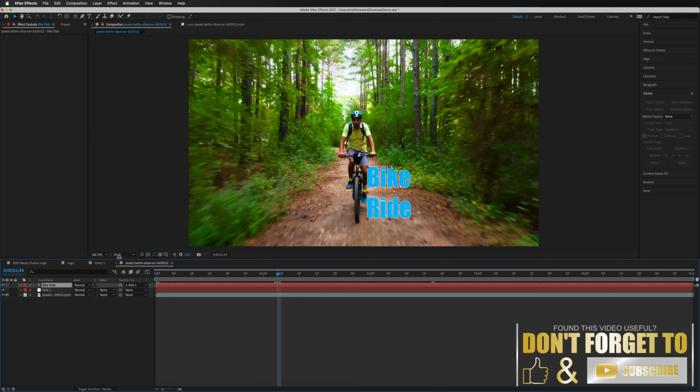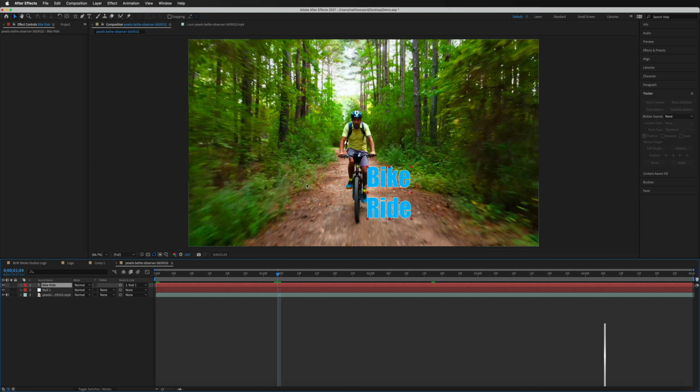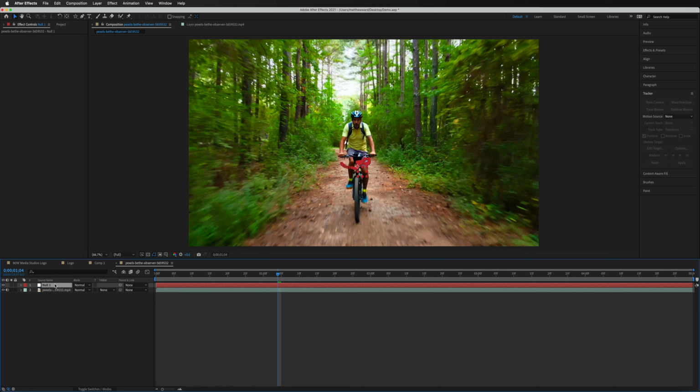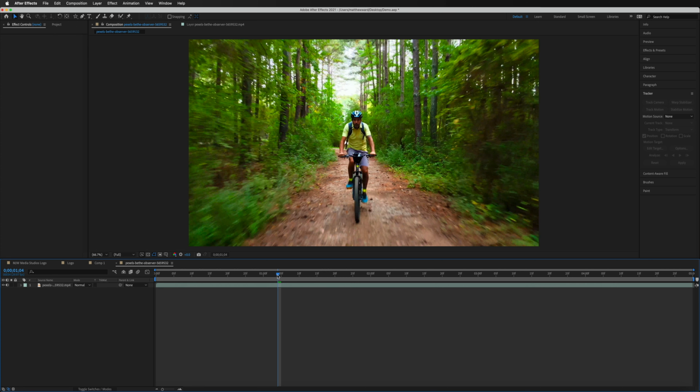And this is the exact process for creating effects, such as maybe having fire in someone's hand. You'll just track that hand as it moves and make the fire move with it. So if I just quickly demonstrate that, we'll put a flame on top of his head and have that following throughout the entire video. So I'm just going to go ahead and delete the bike ride text and the null object for a moment and bring this back to the beginning.